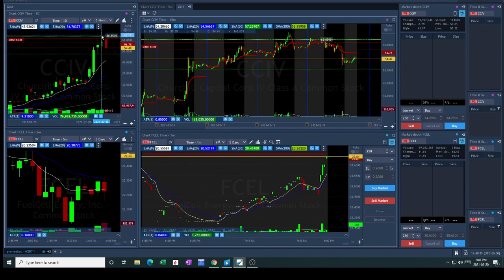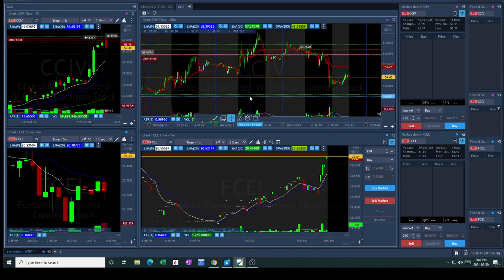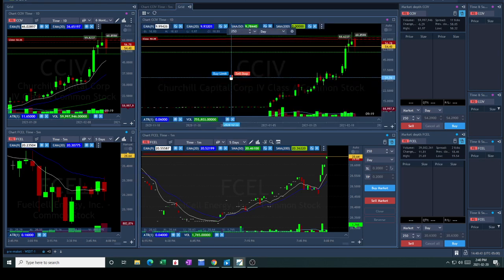It's already had one topping tail, two topping tails, and the trading was happening under this level of the 60, if you look at it, right? So I was thinking that, okay, given it's going this way, it might go short, right? And what I did, if I go back now to the 1 minute execution,